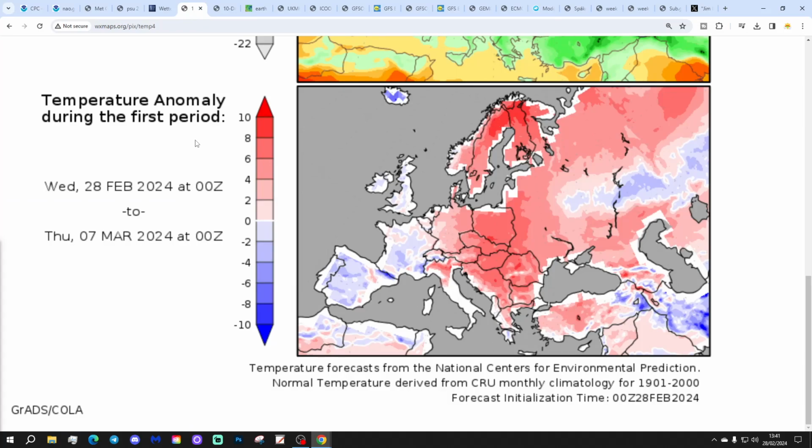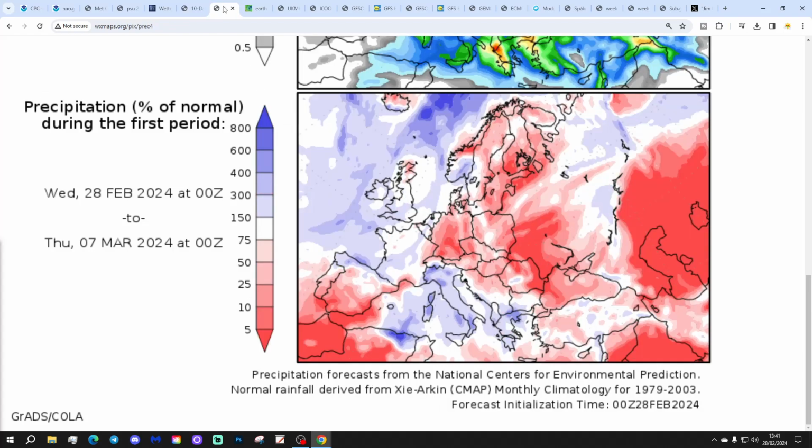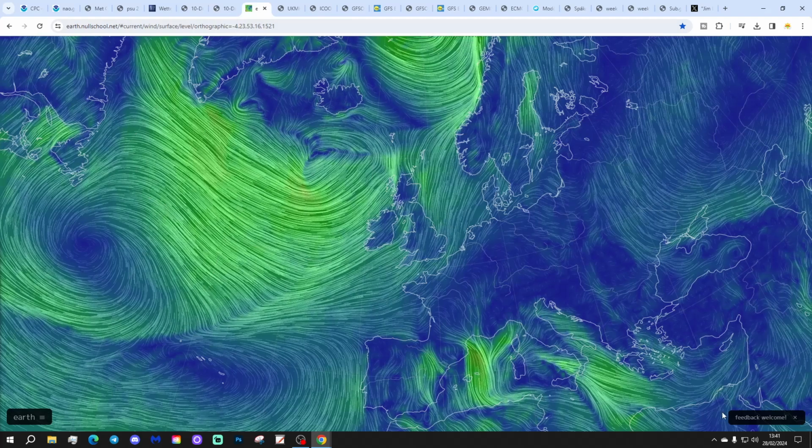Temperature anomalies from the 28th of February to the 7th of March are coming out close to, or perhaps slightly below, average. Most of Western Europe is included in that. Many central and eastern parts of Europe, though, and northern Europe, are looking very mild. And precipitation anomalies for the 28th of February to the 7th of March: bare average to a bit wetter than normal, except across northern Scotland where it's drier. So maybe we're seeing signs of the deluge actually continuing through March rather than things getting drier.